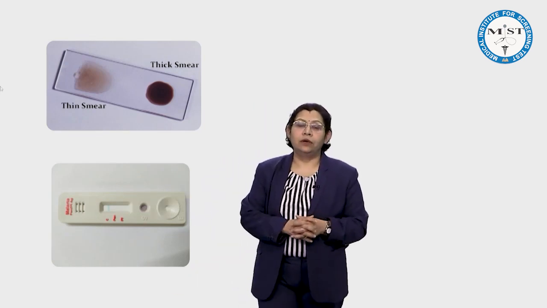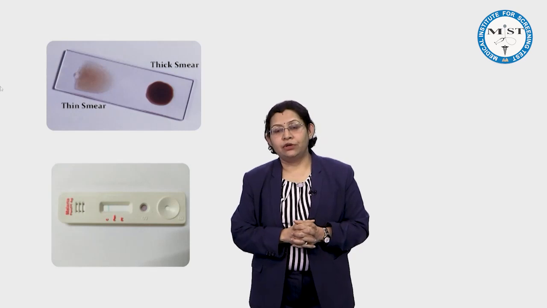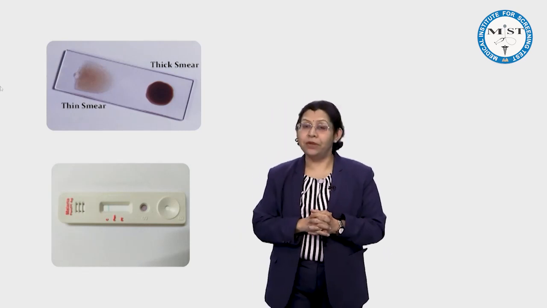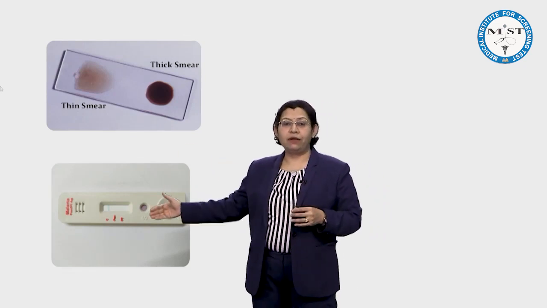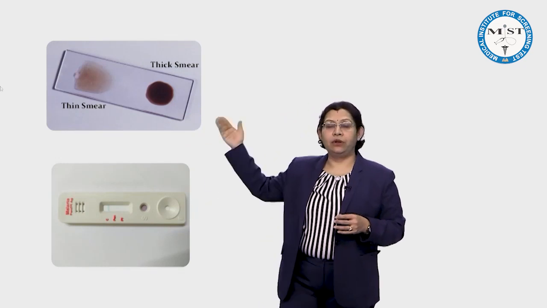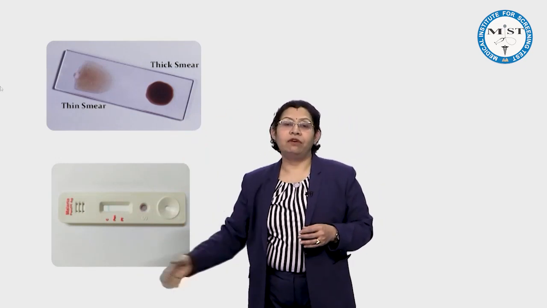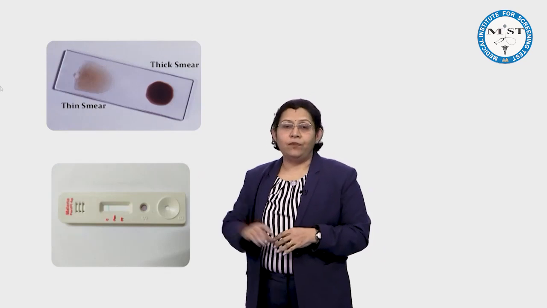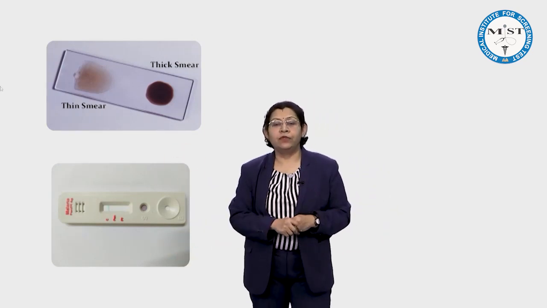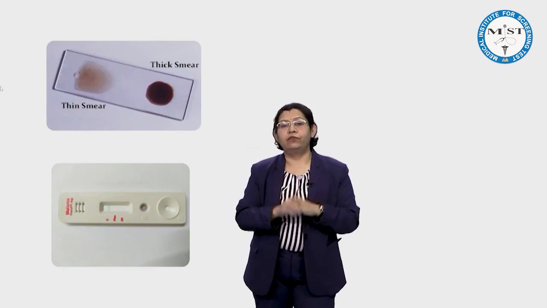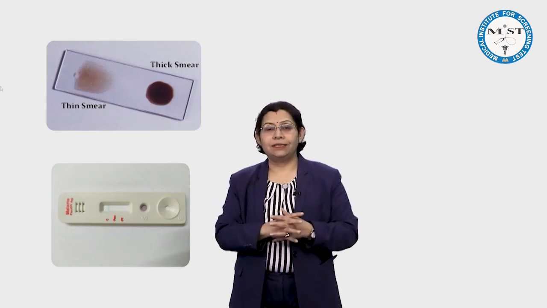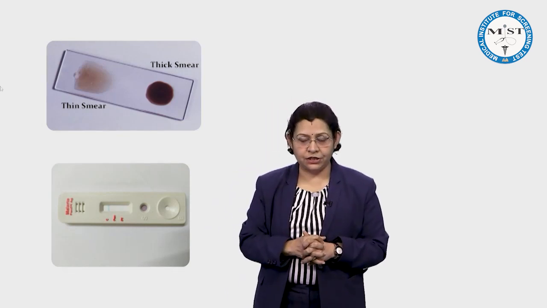We can have detection of either vivax or falciparum, because in some individuals we can have mixed infection also. So it will give us an idea whether there is no infection, or there is only vivax infection, or only falciparum, or both vivax and falciparum infection. So RDT kits are used only if we are not getting the peripheral smear report within 24 hours, although the best test is peripheral smear examination.